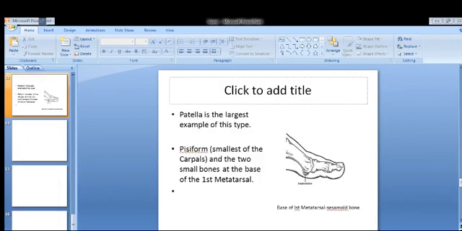ये आपने देखा जैसे कि आपका पेटेला, मैंने आपको बताया this is the largest sesamoid bone which you can feel, which you can hold also. तो आपका जो पेटेला है आपके नी के आगे, डू यू नो वेयर इज पेटेला? यस मैम, वो कटोरी बोलते हैं इसको. हाँ बिल्कुल, कप जो घुटने के ऊपर आप फील करते हैं, उसको पकड़ सकते हैं, वो आपका पेटेला है, राइट.